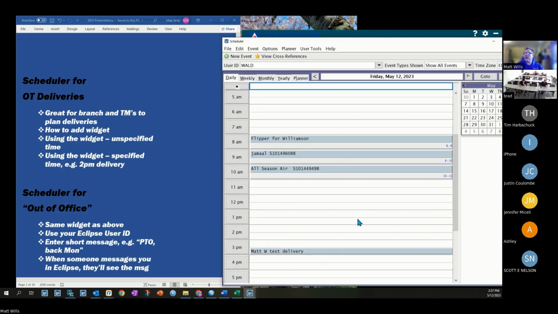Okay. So that's pretty much it. There might be a few more notes on this in the written guide, but the idea is you're looking ahead, usually to the next day, trying to plan out where your truck or trucks are going to go. Why this really beats the whiteboard